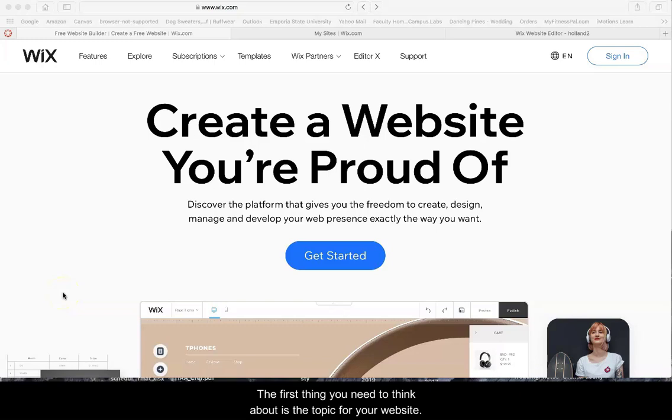The first thing you need to think about is the topic for your website. Some ideas are to create an instructional website. Maybe you sponsor a group or organization, a fundraiser, a site for parents, or a student-created site model. So once you determine the topic you want to create a site on, you're going to go to